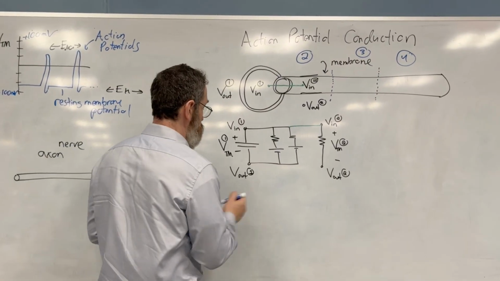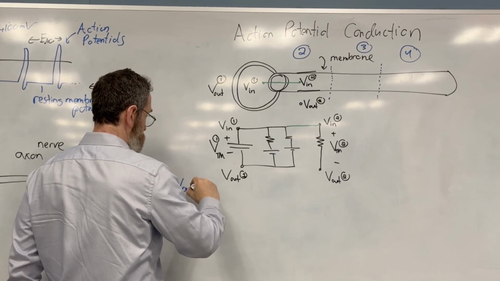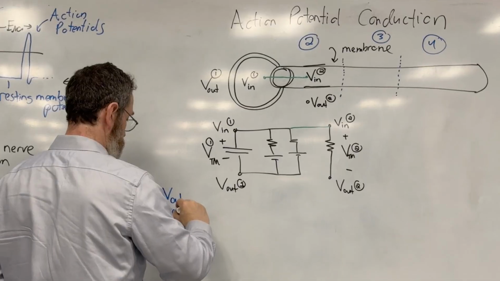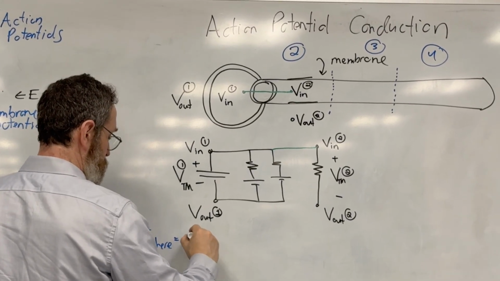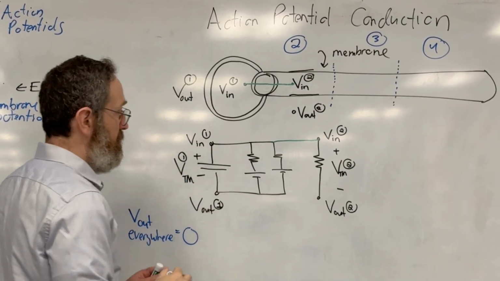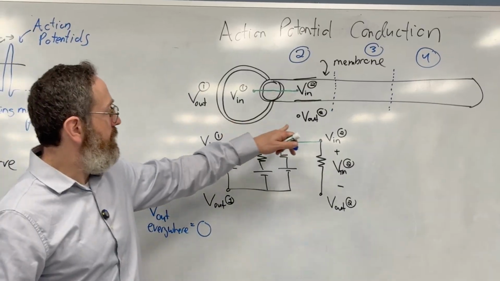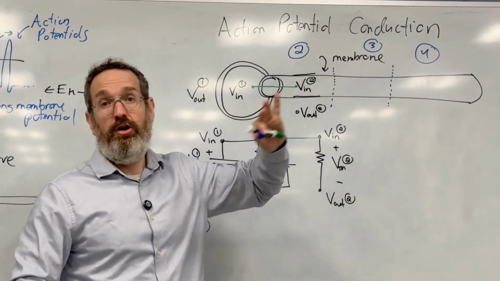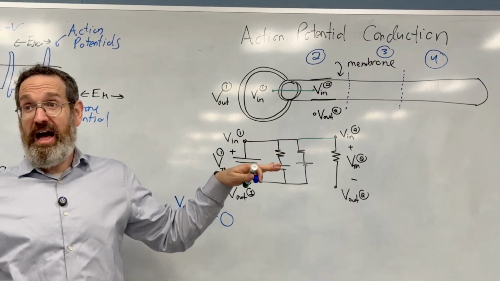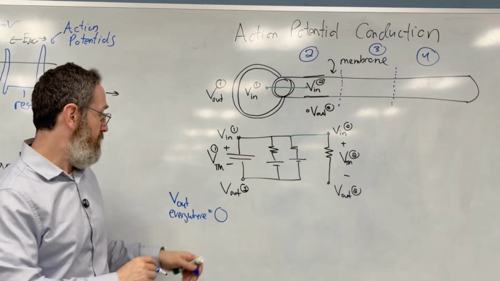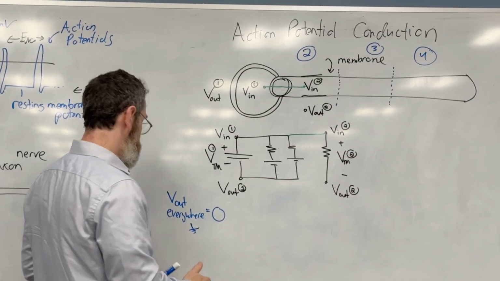I'm going to assume that the V out everywhere is equal to 0, or you can think of it as I'm going to make this our reference. So I'm going to assume that V out 1 and V out 2 and all of them are the same. I'm going to make that assumption, that outside things are flat. I'm going to call that my reference, and as a result, all the voltages are there. So what that allows me to do